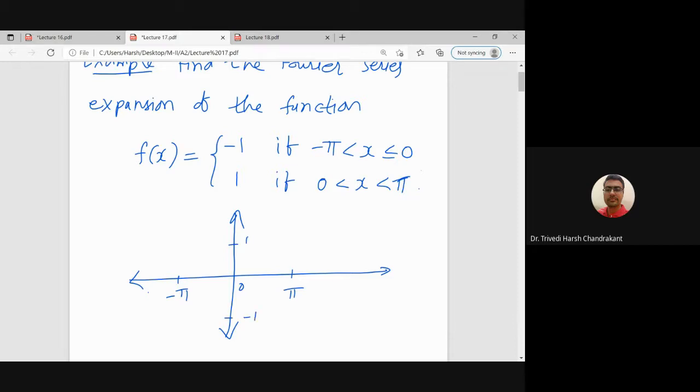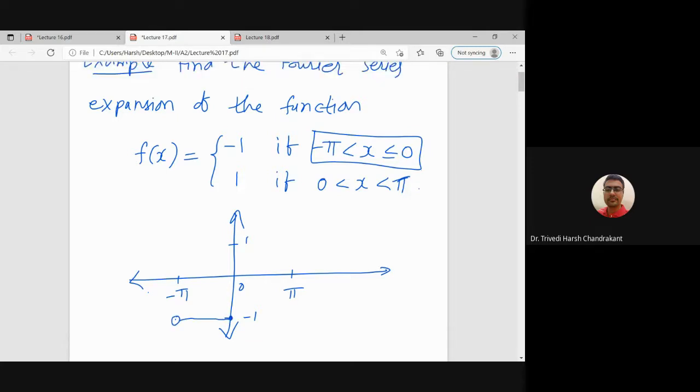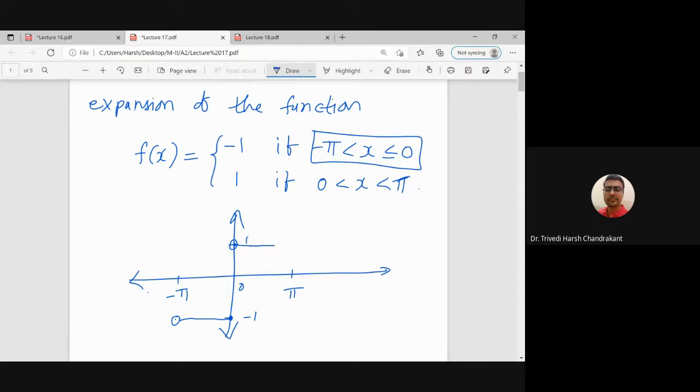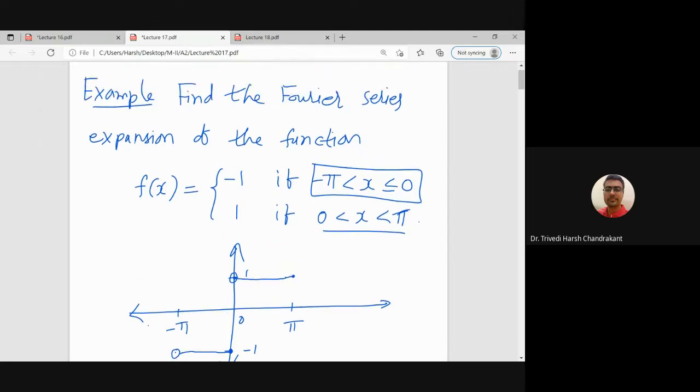So whenever x is between minus pi to 0, the value of the function is minus 1. So this point is not there. Up to 0, it takes the value minus 1, and from there onwards, this point is not there. At x equals pi, the value is 1. So this is the graph of the function in the interval minus pi to pi, and it is not mentioned, but